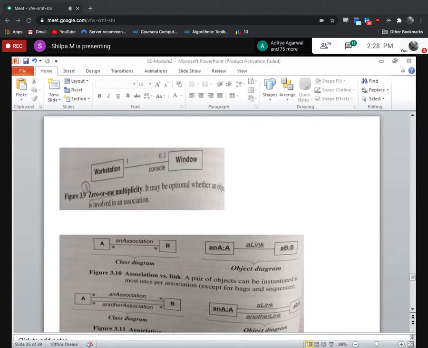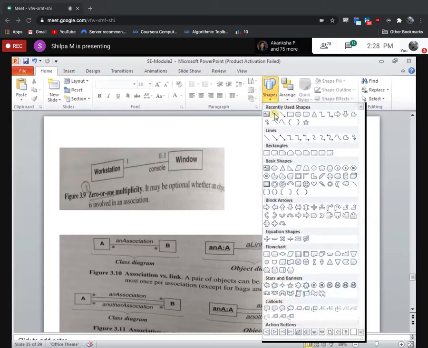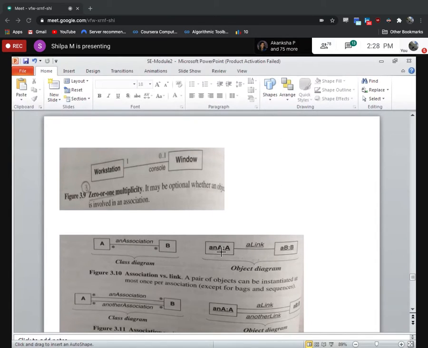Similarly, this is for class diagram. If it is an object diagram, instead of a class, we have an object, that is class name and an object name here, which is having an underline, and here. Okay. So this is the class. I'm sorry, object name, and that belongs to that class, and that link name is also underlined. Okay.